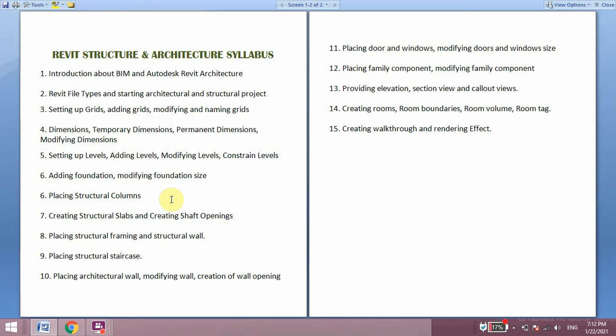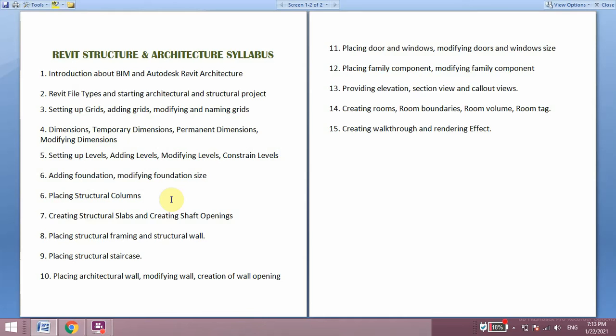After finishing the structural slab, we provide structural framing, that means beams, and then finally you have to create structural walls wherever necessary. After finishing placing of foundations, structural slab, structural framing, and structural wall, we have to place the structural staircase. These are all we have to see in Revit structure.